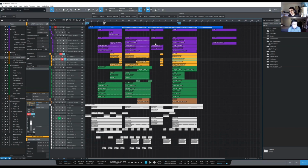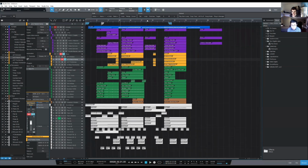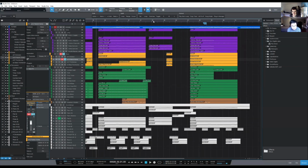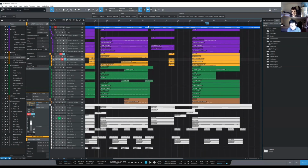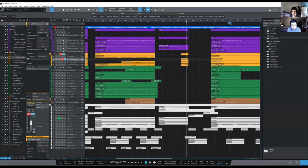Right. Well, you know what? For me, the overall thing feels very to the point and very succinct right now. I think that if you extended it maybe by adding one or two more sections in there, it could flesh out even more and give you more options to think about. So for example, even the bridge itself, I really like what you did from 45 to 53 or whatever, or 52. I would even take the original theme, like in your beginning section, and do another one